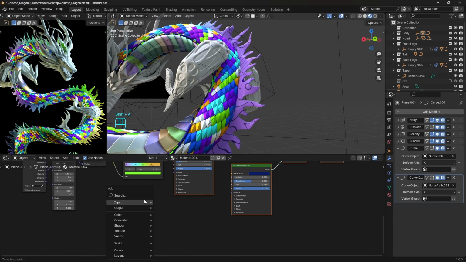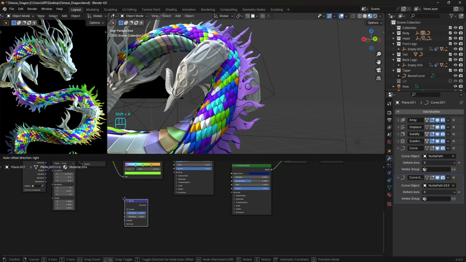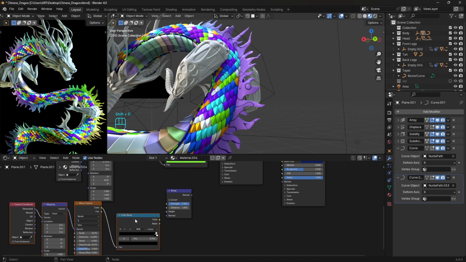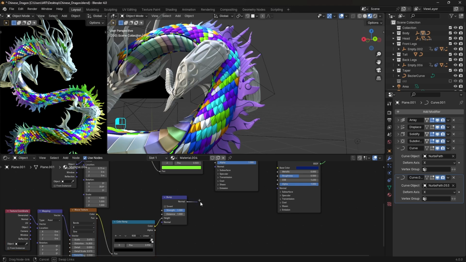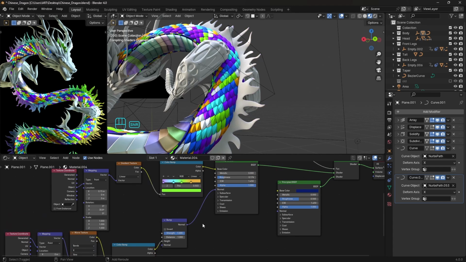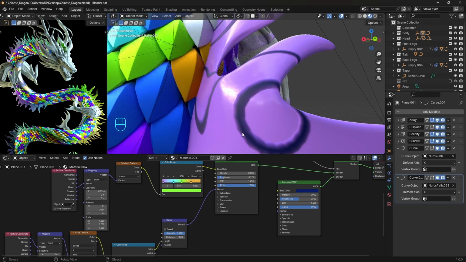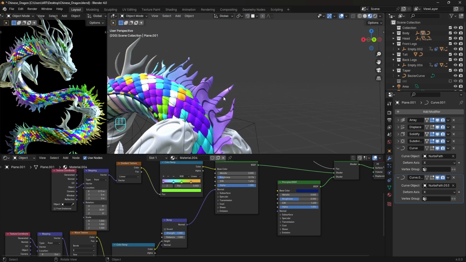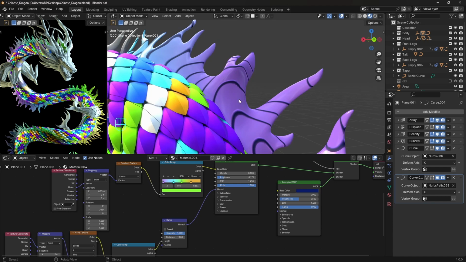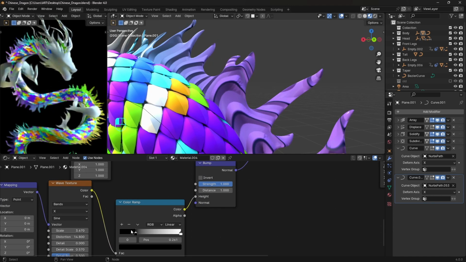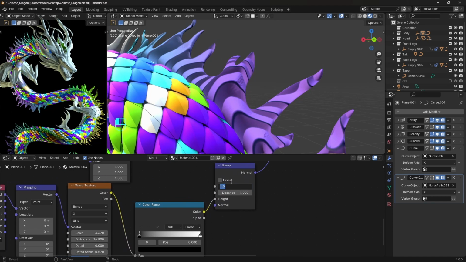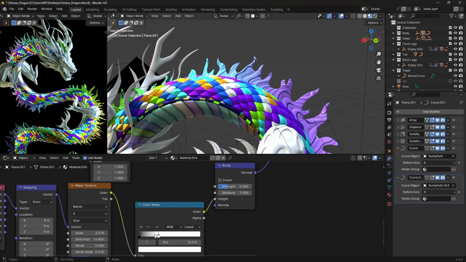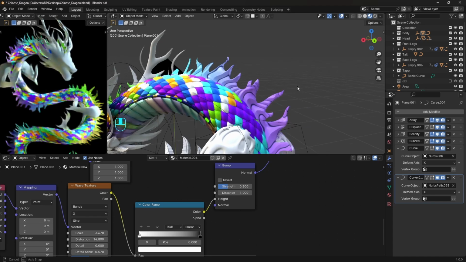Let's push it even more and bring a bump node there so we can add some variations to the depth. Using the same setup, just duplicate it with Shift D and plug it to the bump height, then to the normal. If we come closer, we can see some stuff happening already. And we can tweak the color bars to refine it. Reduce the strength. And maybe flip the bars to get this effect.